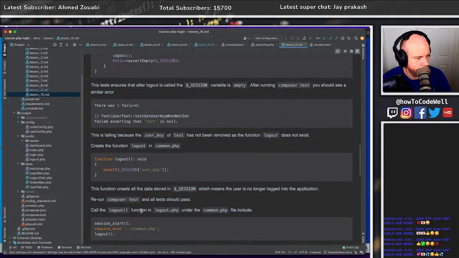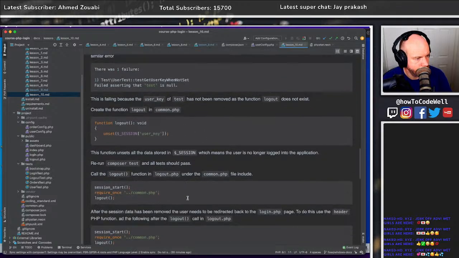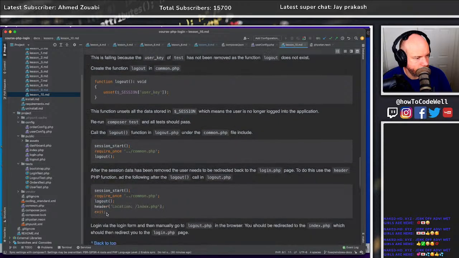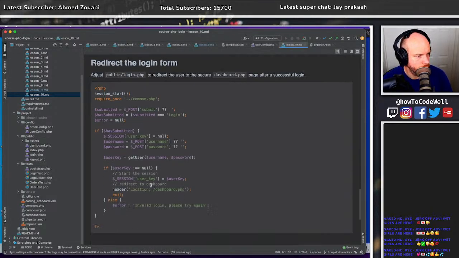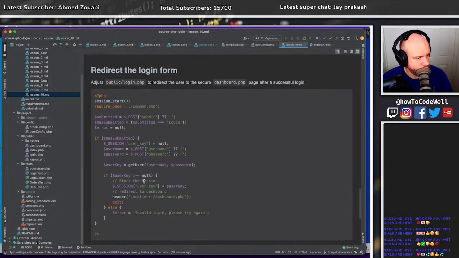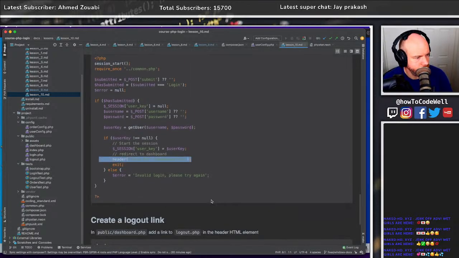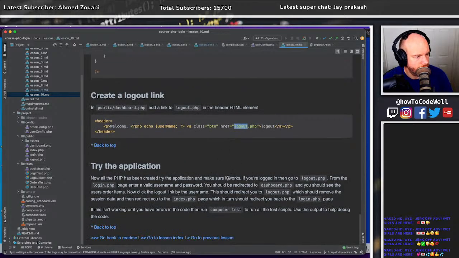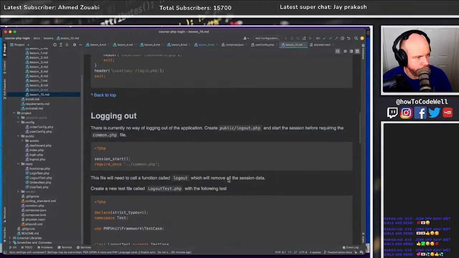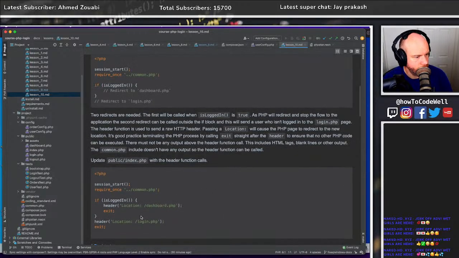And then we have a method called logout, which unsets the session. Call logout in the logout.php file, fine. And then we want to do a header redirection to index.php. And I've got a feeling the way I've done it is that index.php is like a switchboard. So that's the redirecting from the login page to the dashboard, like that. And then here we have the logout link on the dashboard that we click on. Do we have anything in index.php? Aha, here we go. So header redirect